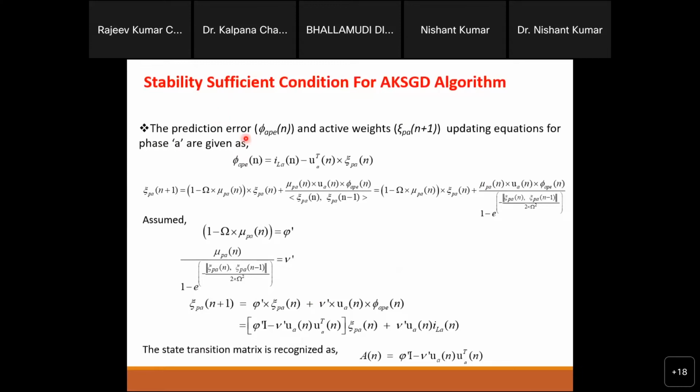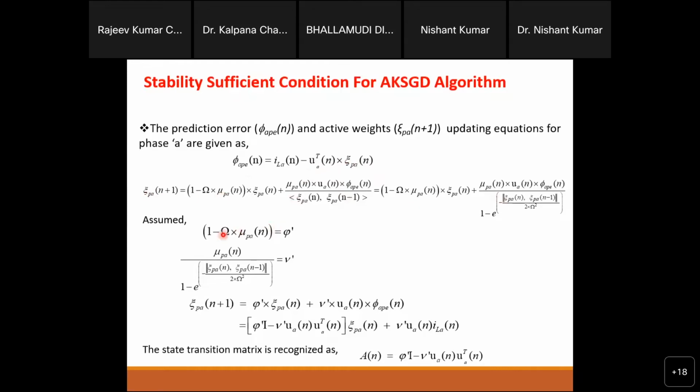So first of all, we will formulate the state space matrix. What we had done, this is the actual current error equation. In this error equation, we will re-put all those values of this data. So for example, this is zeta PA. So we will calculate that, and then we will put it here. And then you will see that if you do that, definitely this is a bigger one.